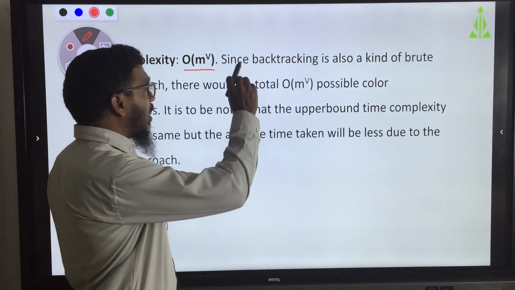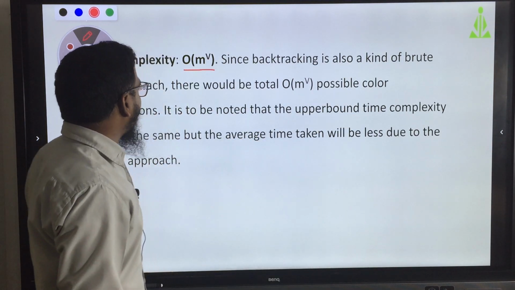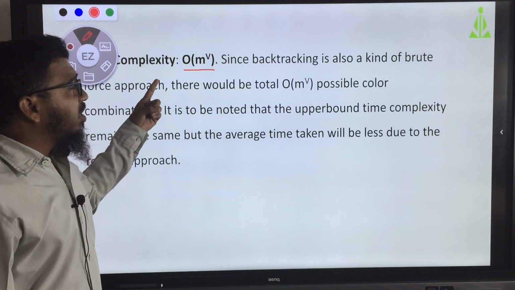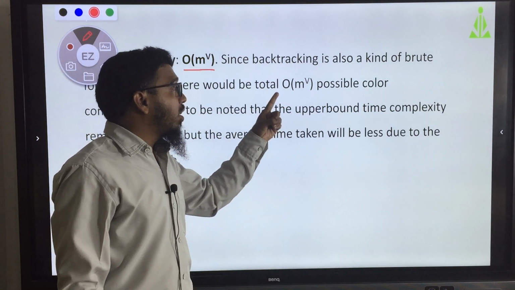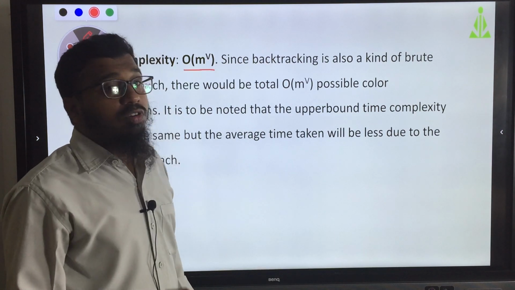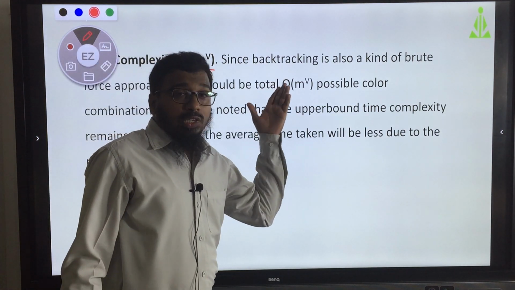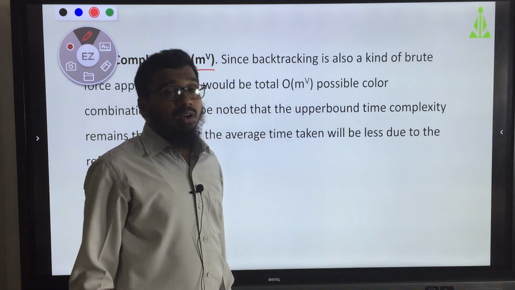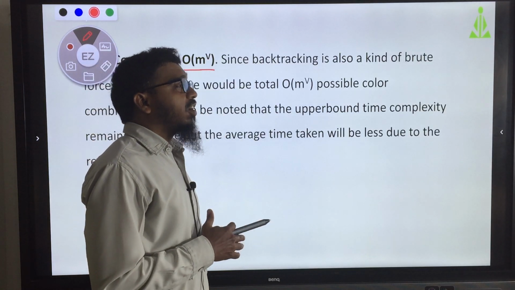Since backtracking is also a kind of brute force approach, there would be a total of order of m power v possible colorings. So, how many possibilities? M power v possibilities are there.